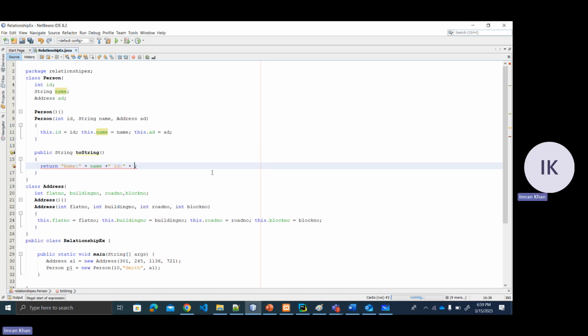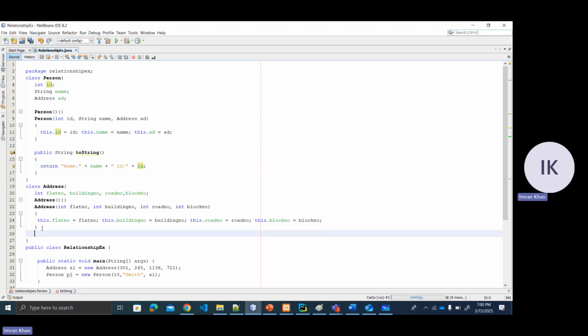Okay, here I'm just displaying the ID. Then, okay, this is done. Why is it giving me an error? I write uppercase, it is ID. Fine. Now, at the same time for the address also, I'll write here public